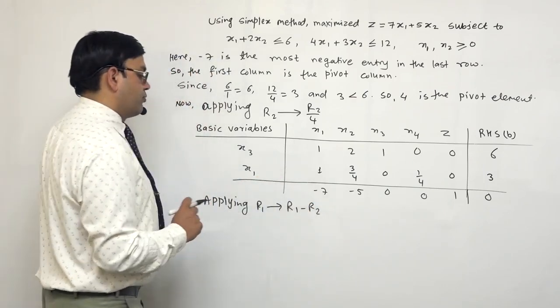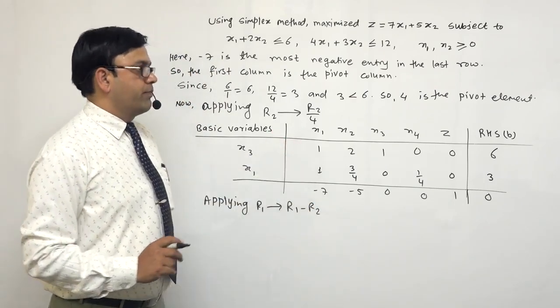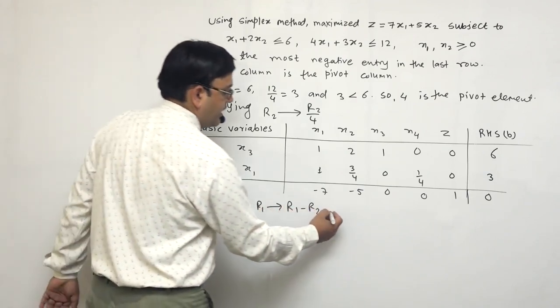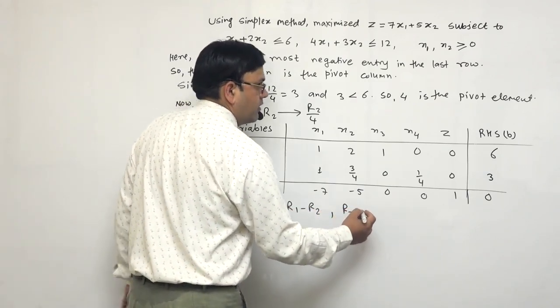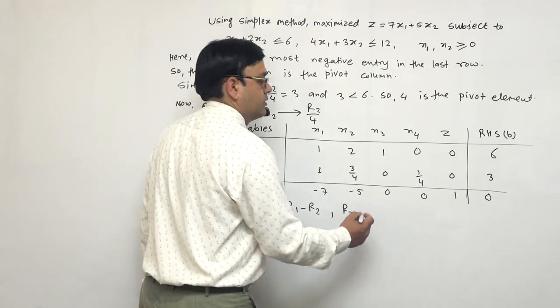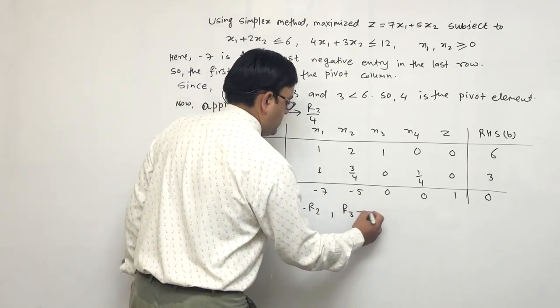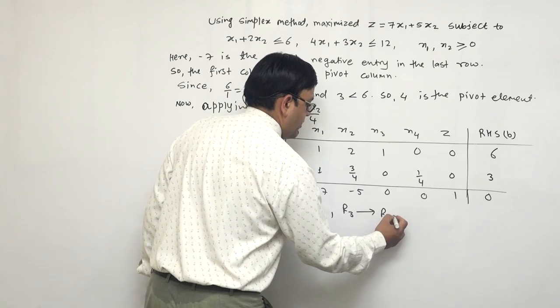Row first minus row second, first row minus second row. Similarly, we can change R3 also tends to R3